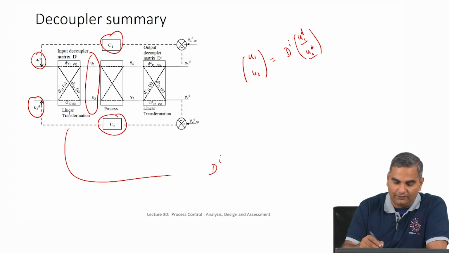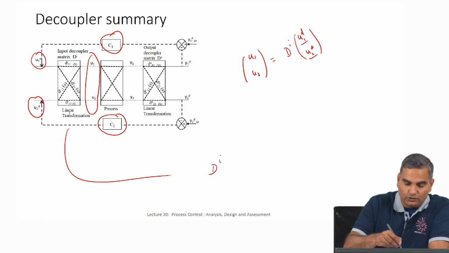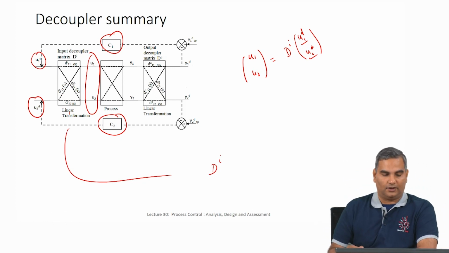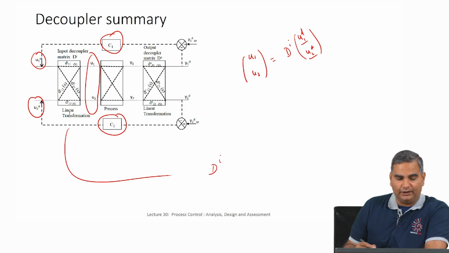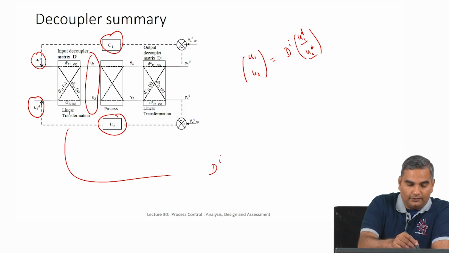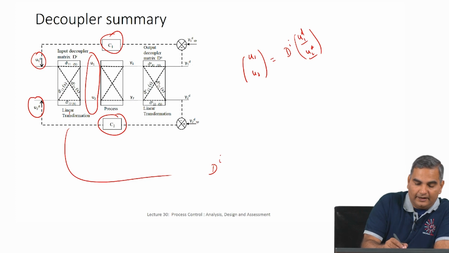Okay. So, once we have this, we can actually have u1 and u2 which will be implemented on the process, then you will get a y1 and y2, check it with respect to the set point and then keep continuing this process. Okay. So, if you think about really what the controller is, there seem to be two single input single output controllers, but if you really think about it, this is an identity matrix, right.